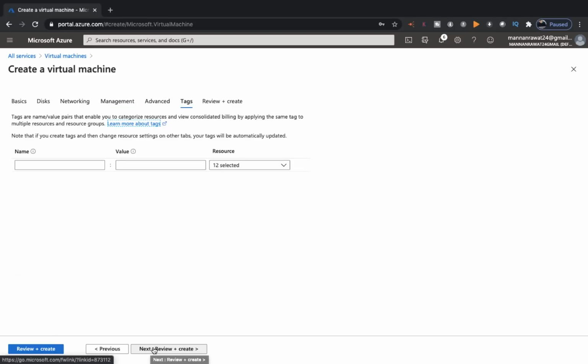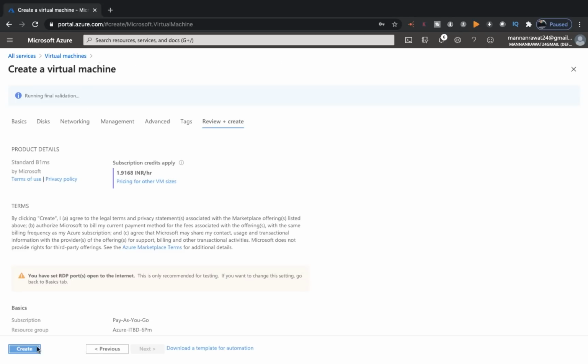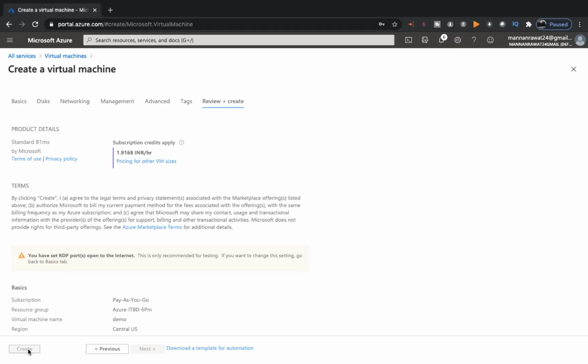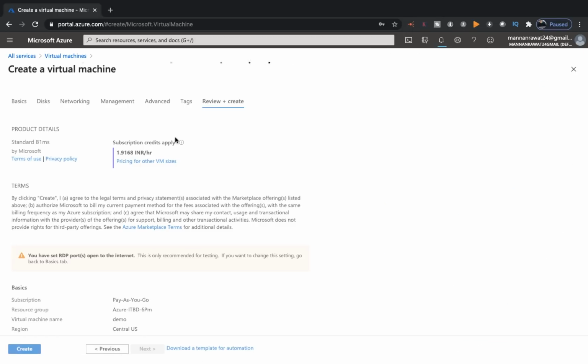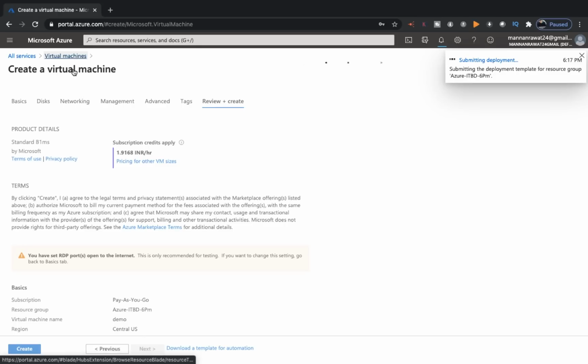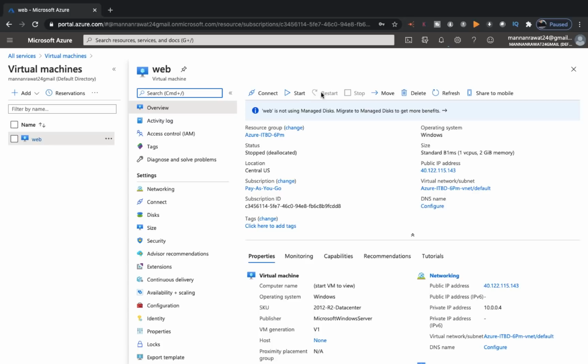Once we create our virtual machine, we will take the RDP of this VM and configure a dummy website. Now just click create. We successfully proceeded to create our virtual machine. Meanwhile, I'm going to turn on the virtual machine that I created earlier. Click start.